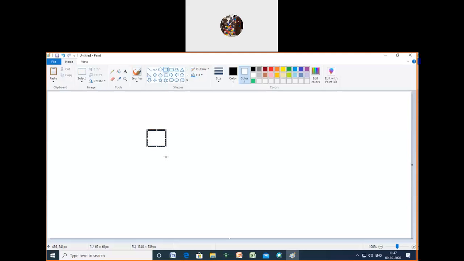So take a rectangle, square. If you have a notebook, please draw that one square. Then again, which shape would you like to take?